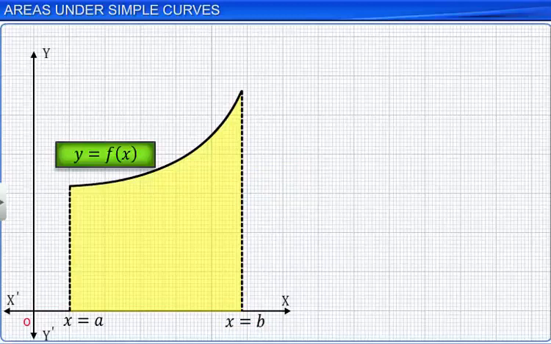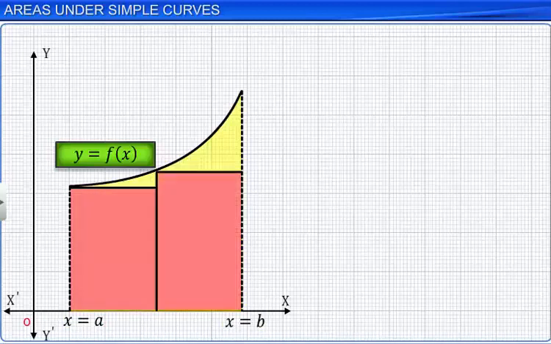Begin by inscribing two rectangles under the curve within the limits x is equal to a and x is equal to b. These rectangles are taken in such a way that they cover the maximum area under the curve. Is the sum of the areas of these two rectangles the required area? No, it's not. This is because there is some area left uncovered which is above the rectangles and below the